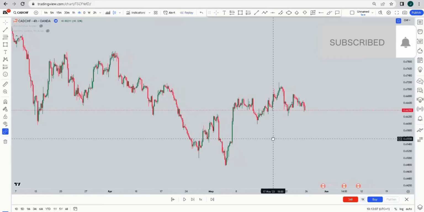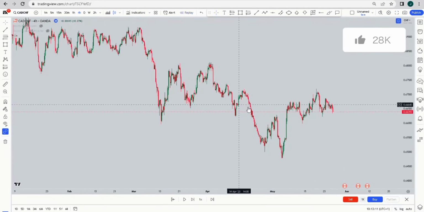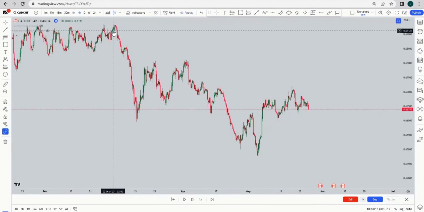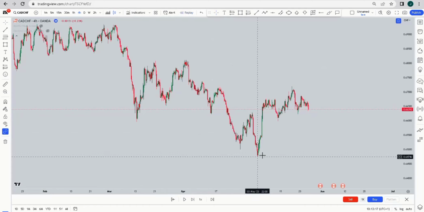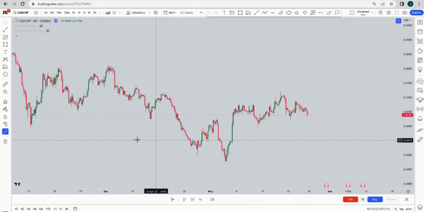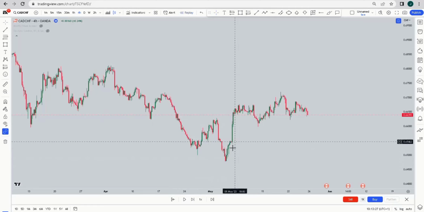So guys, today, as you can see, the market was in a strong downtrend, and this is on our time frame. This is CAD CHF. You can see that the market was in a strong downtrend, and here we got a change of character. Because the market came and respected this zone, it went all the way down, but on coming back, it was a correction, but it gave us a